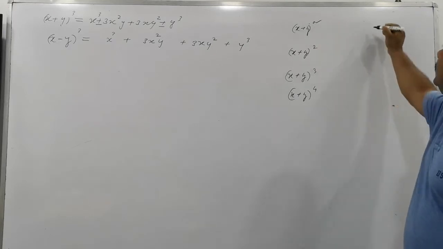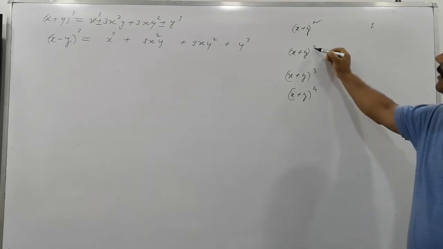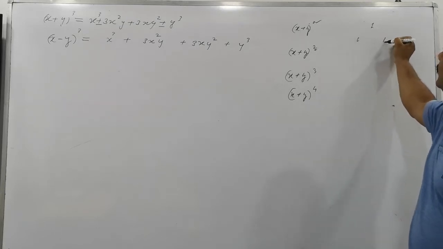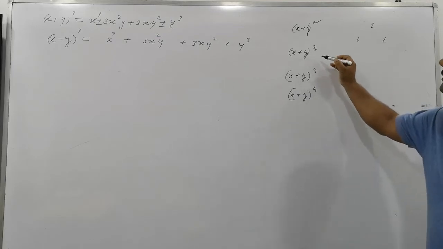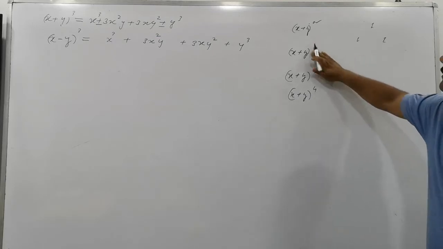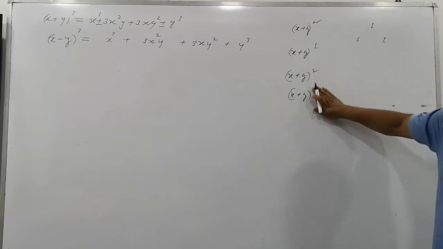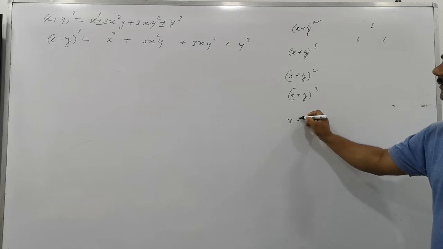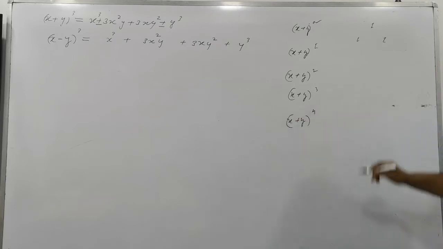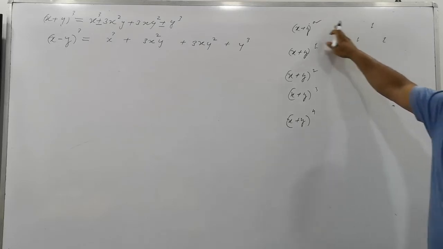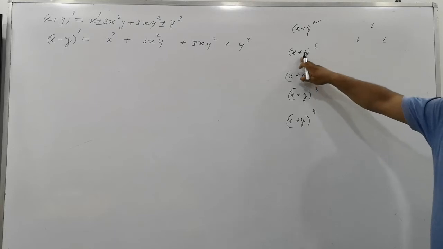So its power is 0. If the power is 0, here 1 is taken. Clear? Right now here this power is 2, so it's taken as 1 plus 1. What is the coefficient of this? Please tell me. One. No, its power is 1, sorry. Its power is 1. So we'll write down. Its power is 2. And its power is 3. And its power is 4. I am telling how to bring the coefficients. Alright now? So the power 0 takes 1 here, okay? And the power is here 1.